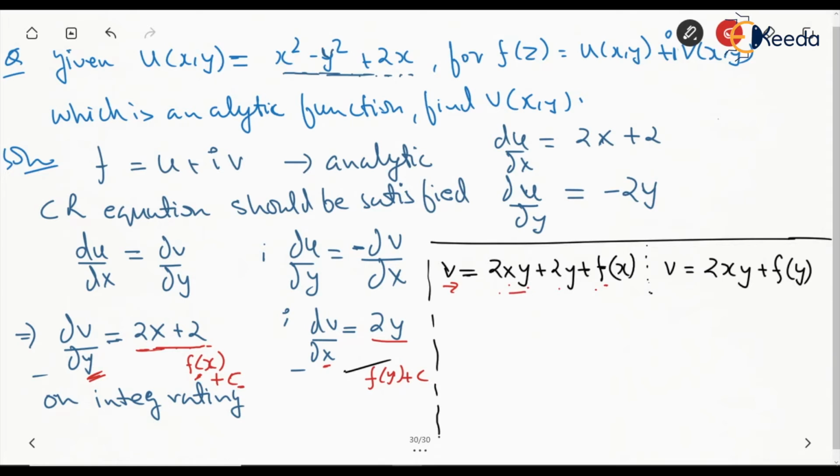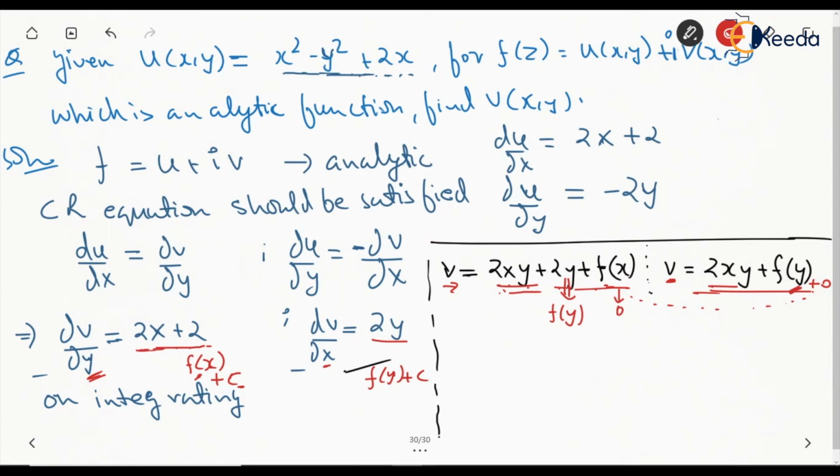If both of these equations are for v only, then we can see that 2xy is there in both the terms. Now 2y is not present in v in the second case, but we have a function which will be only of y. So this is f of y, and while integrating with respect to x, we didn't get any function which was explicitly made of x, like x squared, x cube, like that. We didn't get anything like that. So this function is not there, so I'll write it as plus 0. This means this f of x is 0.